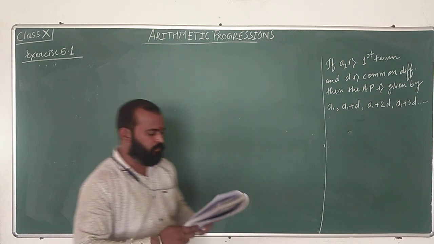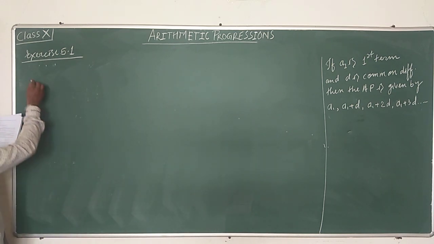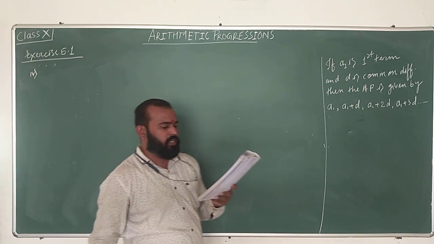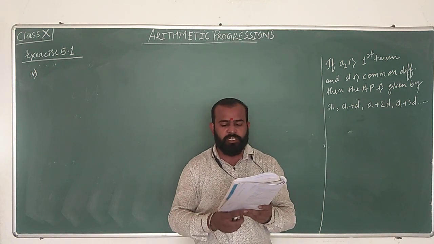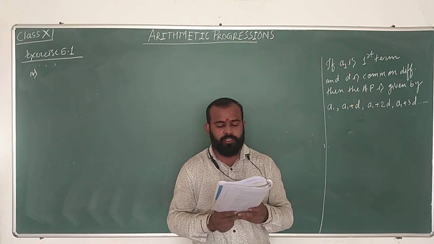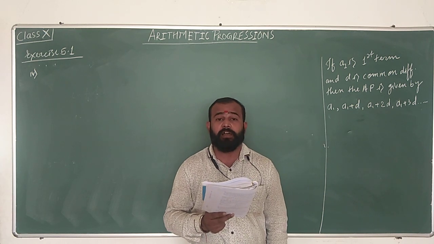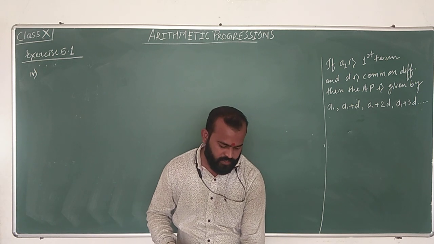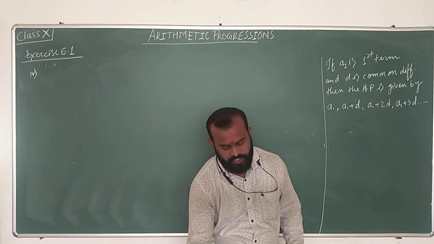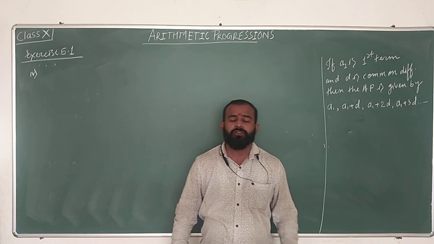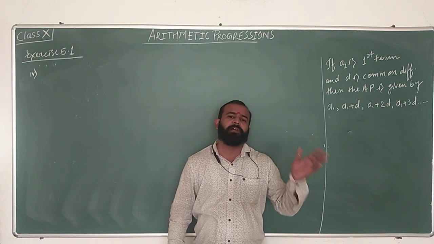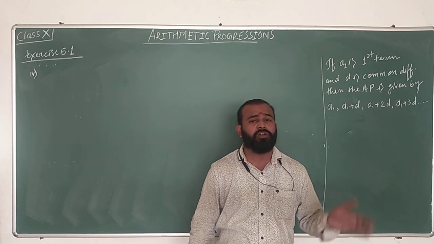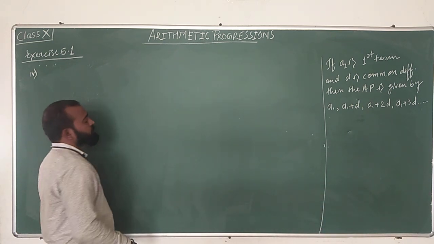Okay, fourth one. The amount of money in an account every year when ₹10,000 is deposited at compound interest at 8% per annum. कंपाउंड इंटरेस्ट है, जैसा वर्ड कंपाउंड इंटरेस्ट आ गया वैसा ही समझ लेने का ये AP नहीं है। तो कंपाउंड इंटरेस्ट में क्या होता है? एवरी टाइम प्रिंसिपल चेंजेस, as principal changes amount will also change, so there will not be an AP.